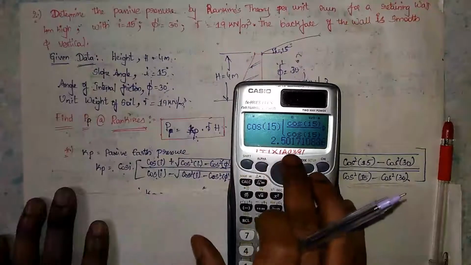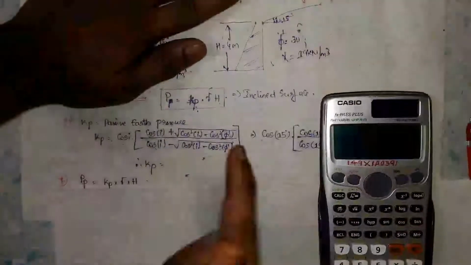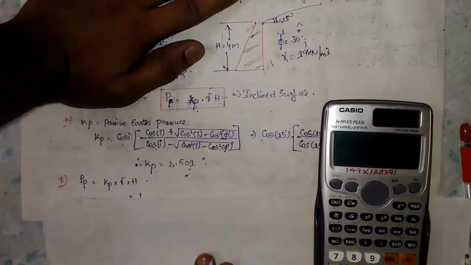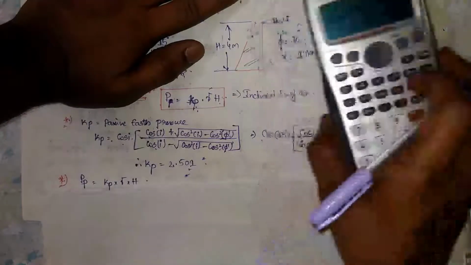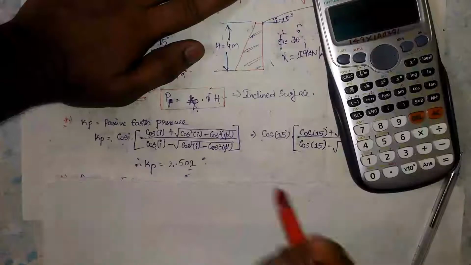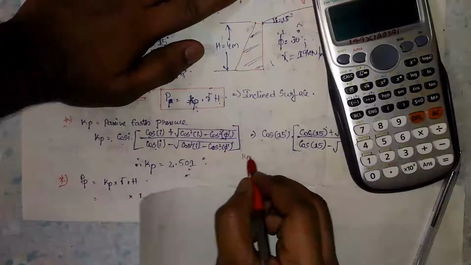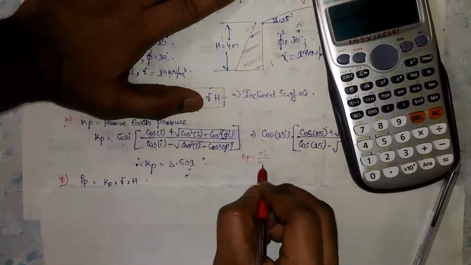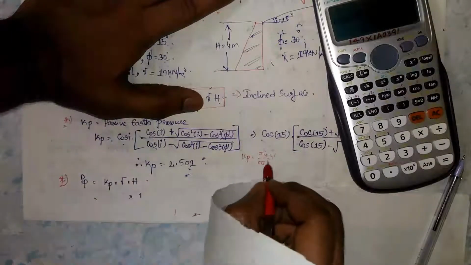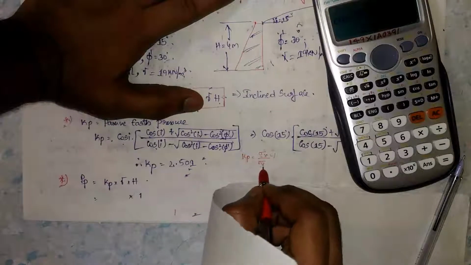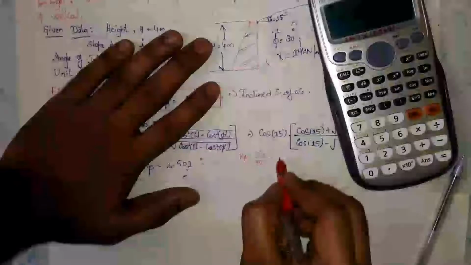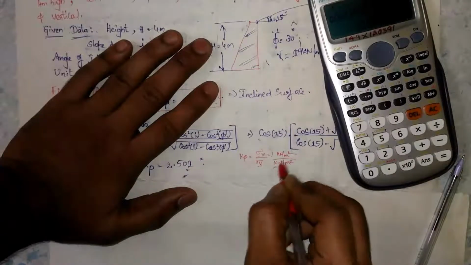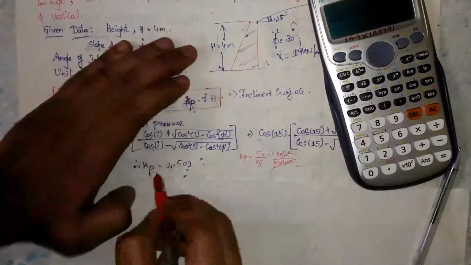So we get 2.501. Okay, so right here, 2.501 is unitless, it is dimensionless. Why? What is the quotient of the earth pressure formula? It is sigma x by sigma y. Sigma x means stress in the x direction, sigma y is stress in the y direction. Kilonewton per meter square by kilonewton per meter square will be cancelled, so there will be no units for the Kp.